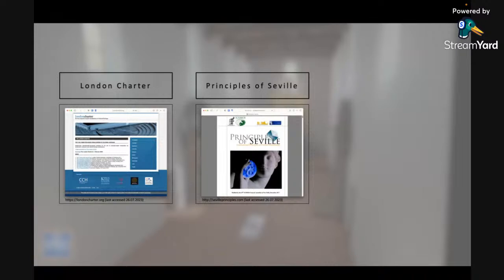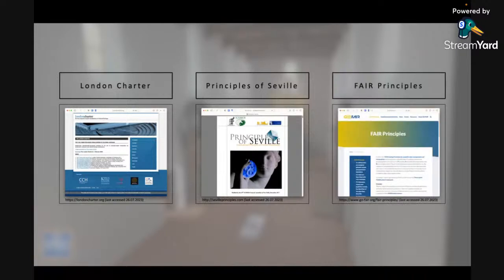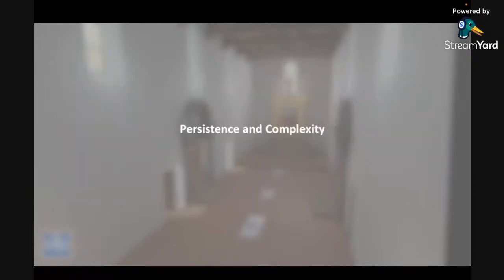Recently, or not that recently, but a bit later, something like the FAIR Principles have been published. They are an acronym for findable, accessible, interoperable, and reusable. And instead of the methodology, they are more towards the data, how you have to present your data, so that it's reusable and interoperable between different projects. And together, the FAIR Principles with the two other guidelines might be a really powerful tool which we can use. Two more problems that we have, and that are also relevant for us, are the persistence and the